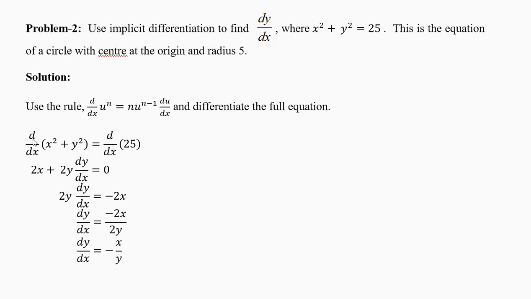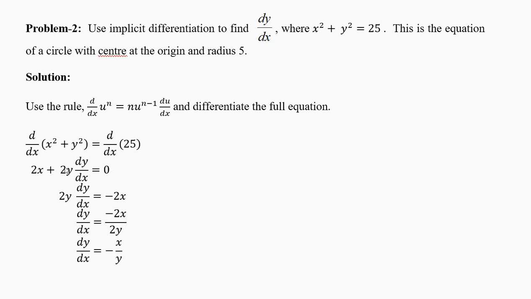Now differentiate on the left and on the right. Derivative of x square is 2x. Derivative of y square is 2y dy by dx. Just remember this rule. Just remember the second column in your differentiation rules. The first column is for x and the second column is for u. So just remember that, which we have done in detail.